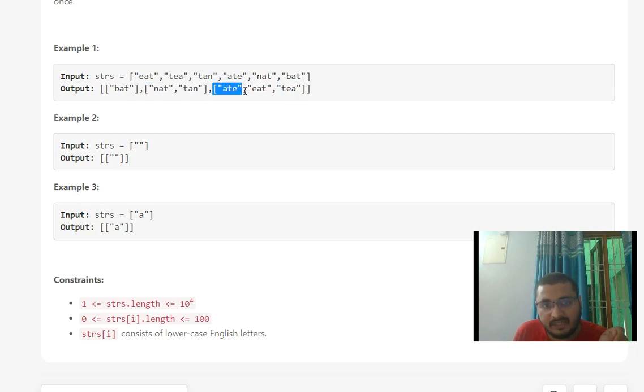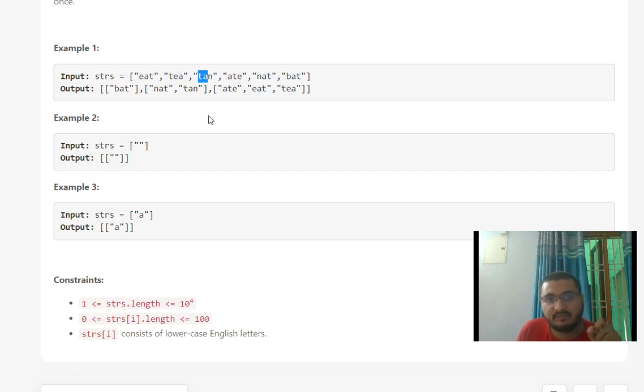For this complete vector, the key in the map could be ANT. For this complete vector, the key in the map could be AET. Are you getting my point? So we will use this property of map. Okay, so let us see what is the time complexity of this approach. What is required is that we have to sort all these strings. Sorting is required to make them key of the map.